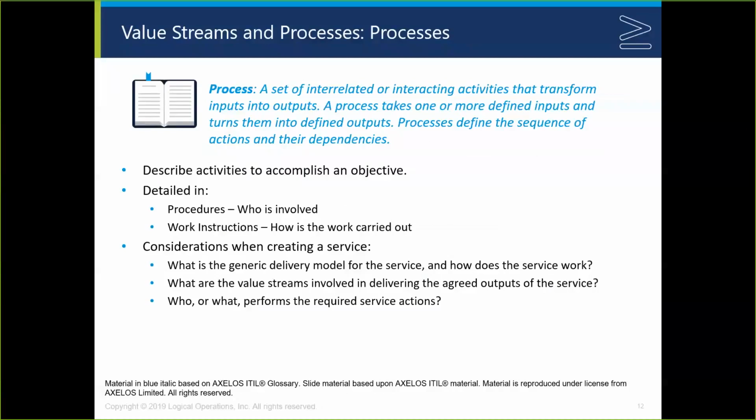And so they identify the idea of procedures and work instructions. Procedures appeared in ITIL 2011. Work instructions we used to call tasks, if you remember back to the old process model. And so procedures may then describe who all is going to do certain things, and the work instructions are kind of chapter and verse, what are the activities that we're going to carry out. So when we start thinking about the service, what are the value streams that create the service? Who works on that? How does that work? And then ultimately we can start modeling that and start thinking about how efficiently or how effectively that works.